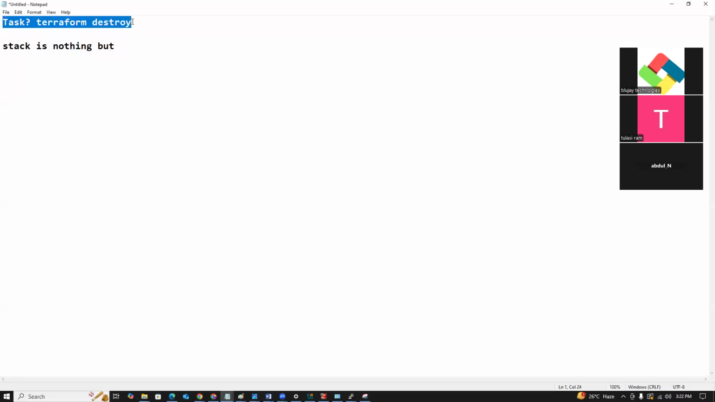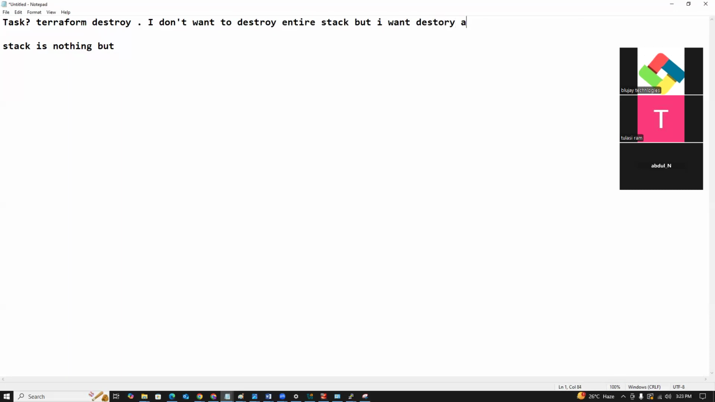Yeah. So the task is something like a Terraform destroy. I don't want to destroy the entire stack, but I want to destroy a single instance, right? A stack is nothing but